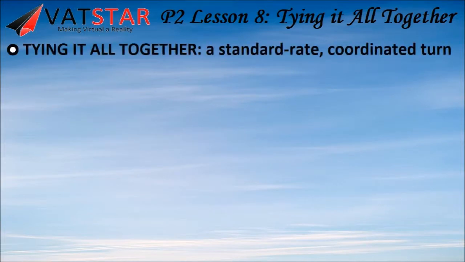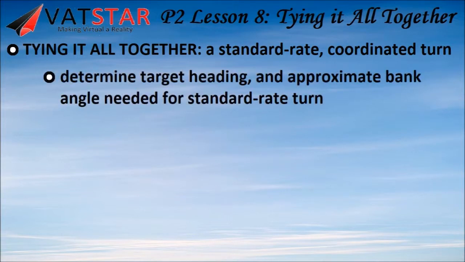So now, let's tie it all together and make a comprehensive step-by-step for performing a standard rate coordinated turn. We're going to start off at a heading of 000, due north. Actually, side note, ATC will usually verbalize that as heading 360, but it's the same thing. So first, we figure out where we're turning to and how steep we should turn to get there. We're going to turn due east to 090, and at 100 knots, we know we should bank to about 15